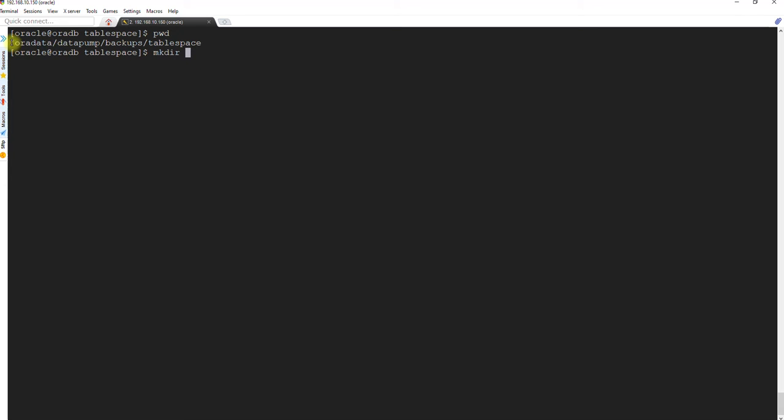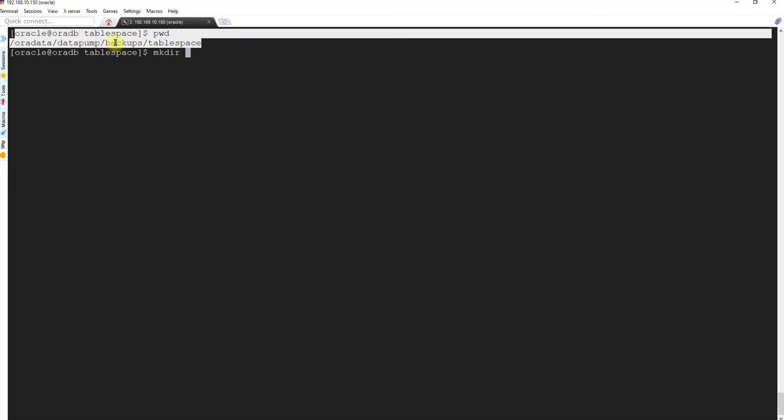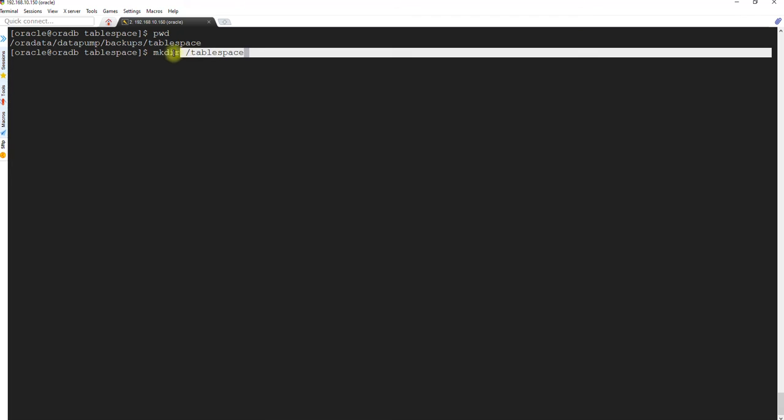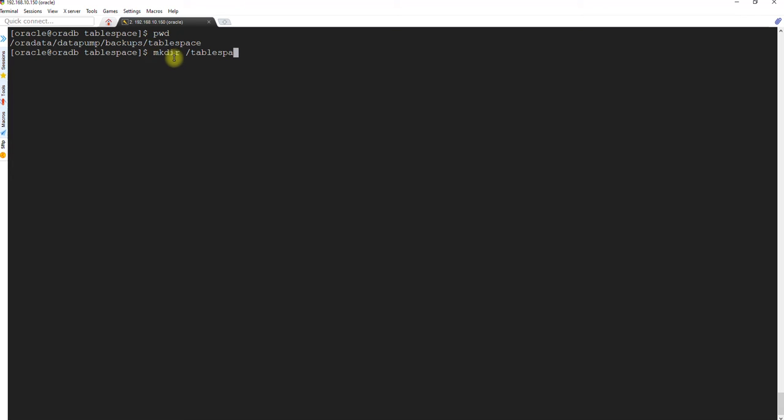If you want to follow along, you have to create the directory under the Oracle data pump. Or you can create a tablespace subdirectory under any directory you want. Maybe you have, let's say, root. Just create tablespace and it will be created under root, and then you can map it to the directory object. That's done.